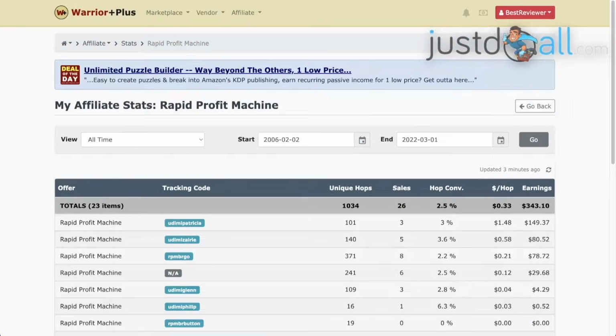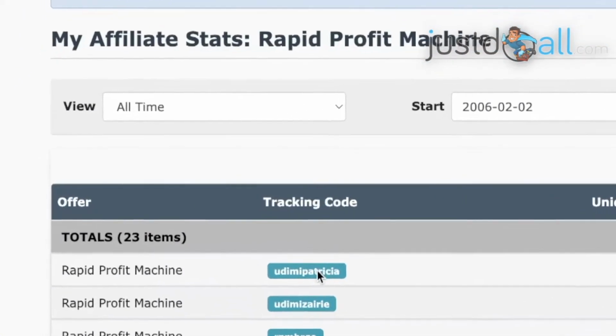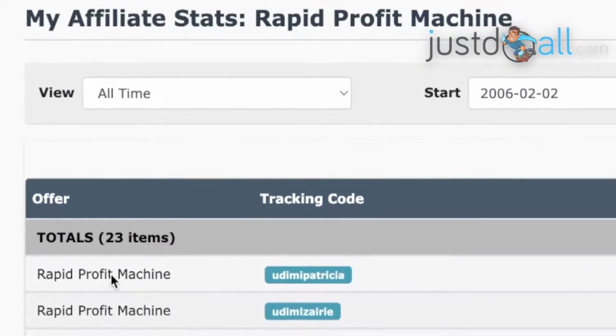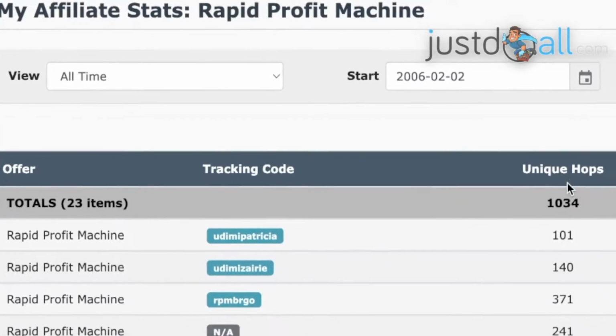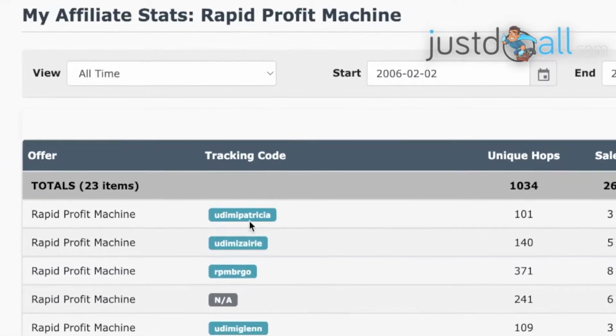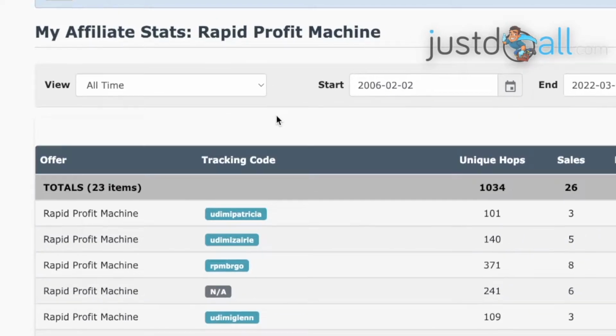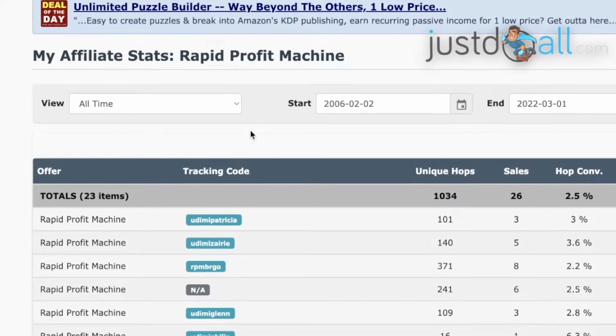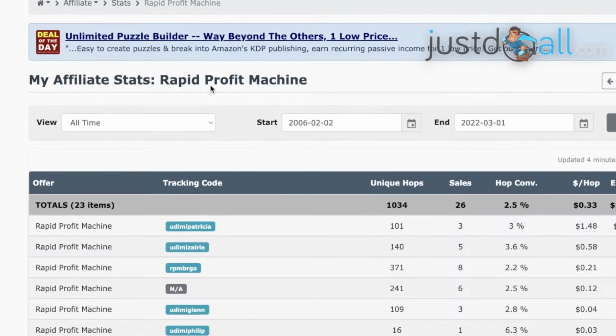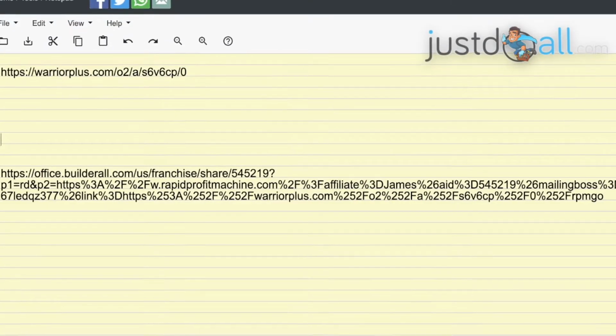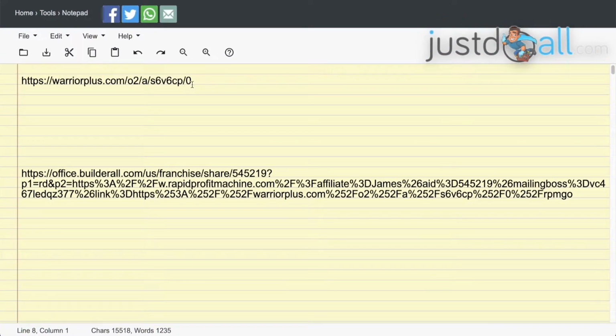Hello, in WarriorPlus, if you want to have a tracking code showing the source of your sale, when you make sales or when you make just traffic, if you want a tracking code, you need to add it at the end of your WarriorPlus link. That's the one you get from WarriorPlus. So it's like this, mine is like this. It ends with